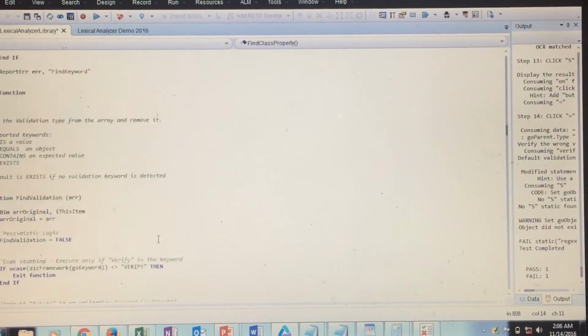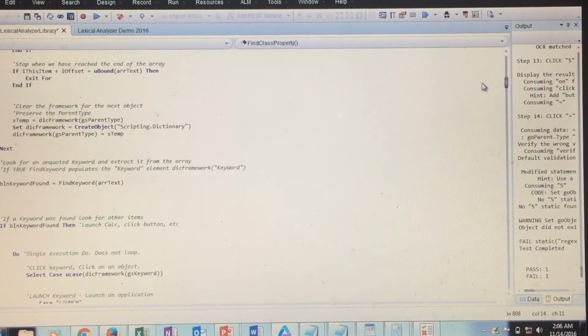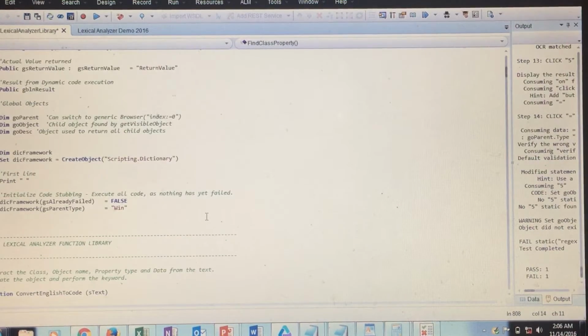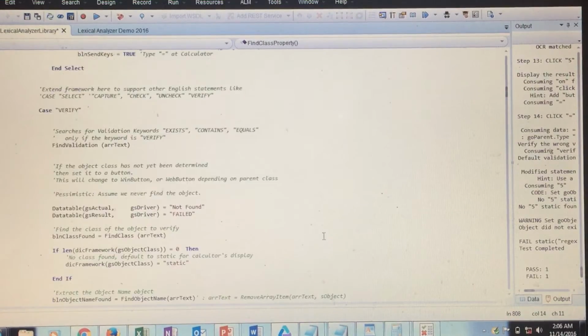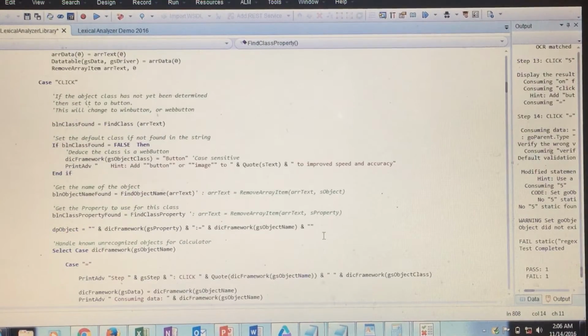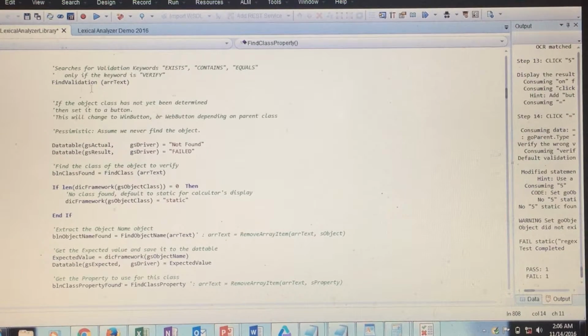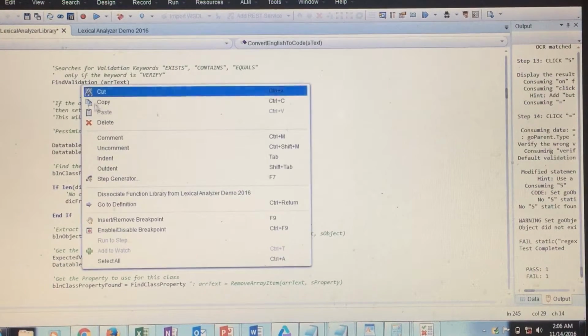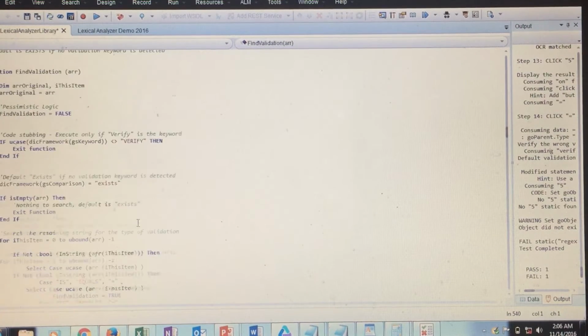All right, back over to our functions. Let's see what we got up here. We do have a lot of them to go through, and we have about 2 minutes to talk about them. Not a whole lot of time. So we went through the click, and we also have a verify. The verify goes through and we'll say, well, what kind of verification are we going to do? We got to find the validation that we're going to perform. So let's go over to that function over there. Find